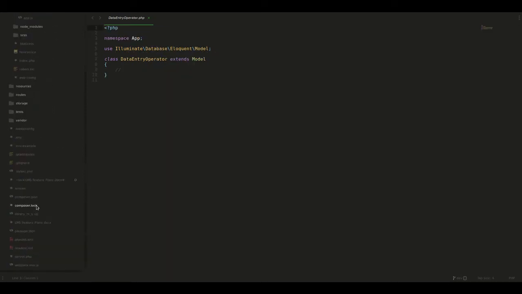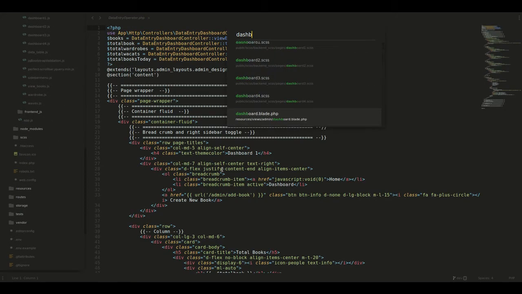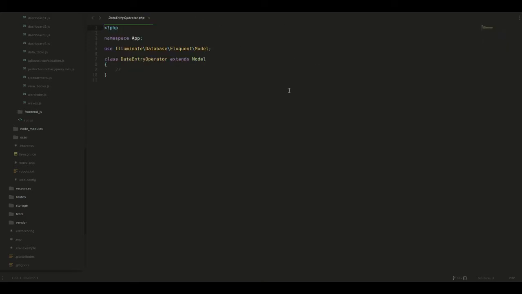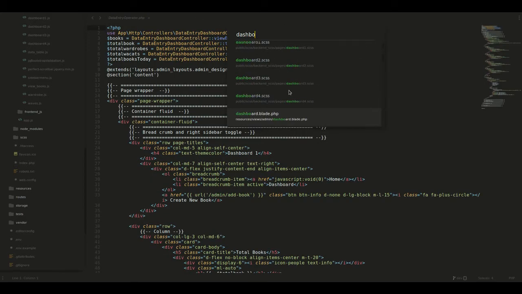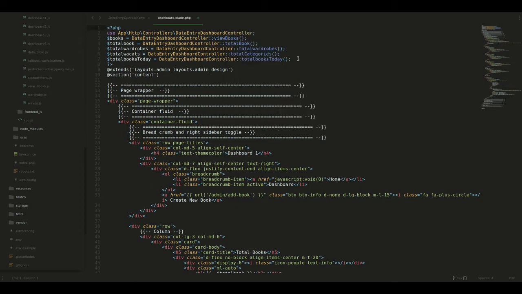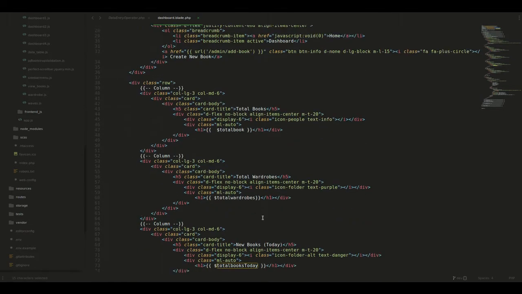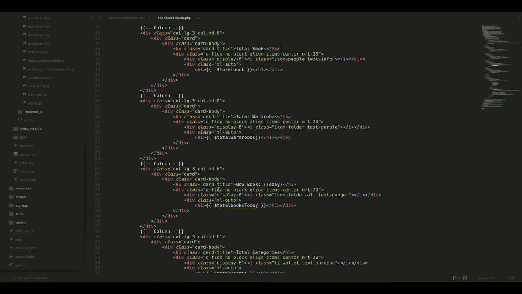No, sorry, wait. In this one, dashboard.blade.php, here I just call all those controllers. First use the controller, then call the controller and that function name, and it returns the value, and I put it here, like in total books today, and here in the new section.